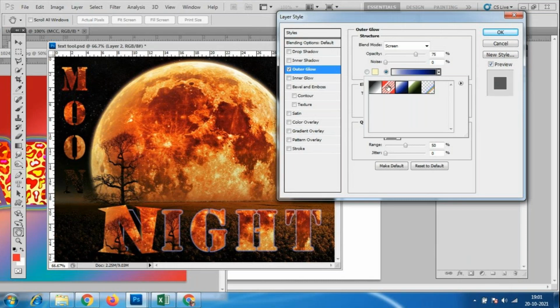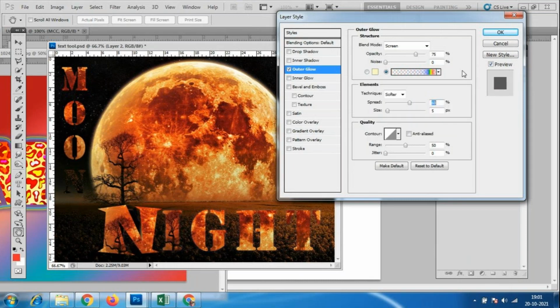Okay, so all these options are there. And the size of the gradient, look here. Size of the gradient gives very light effects, and keep it in the normal mode so you can see the effect.